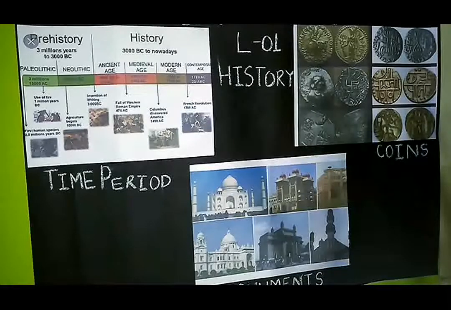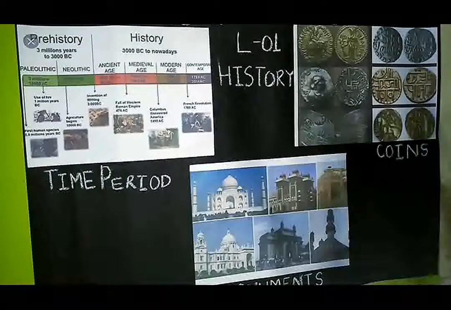Now let's discuss fossils. Fossils are remains of plants, animals or human which have been buried and preserved for millions of years in the earth. They tell a lot about the creatures that existed in the past. Now what are artifacts? Artifacts refer to the man-made objects like jewelry, textiles, pottery, toys, and so many things. They are known as artifacts.